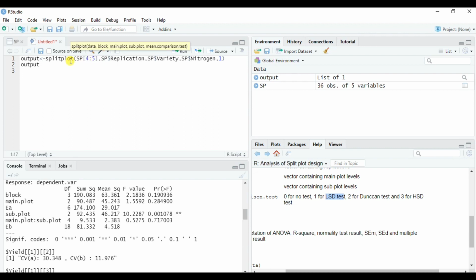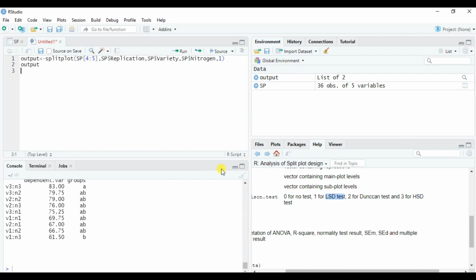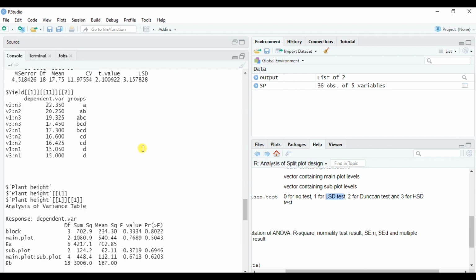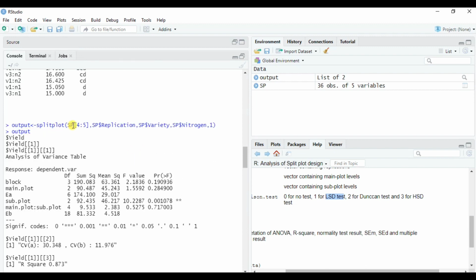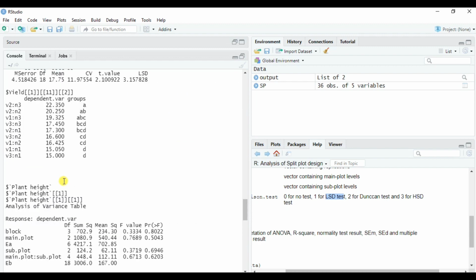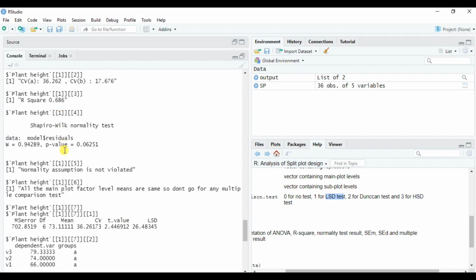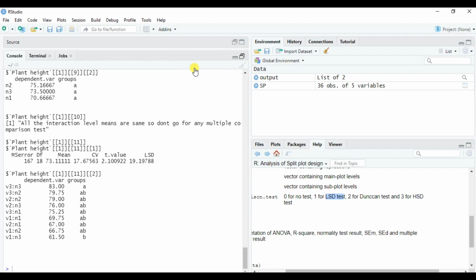Now let's see the split plot analysis for both, that is yield and plant height. So I just made that change and pressed Ctrl Enter. So this thing we had already seen. Okay, so for yield we had already seen these things. And the same sort of analysis is carried out for the plant height, and if you have more than 2, then it will carry out for all those dependent variables also. So hope you get that thing.